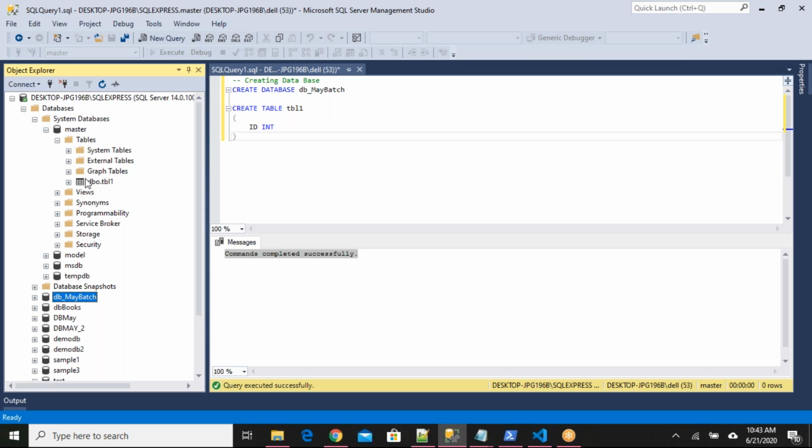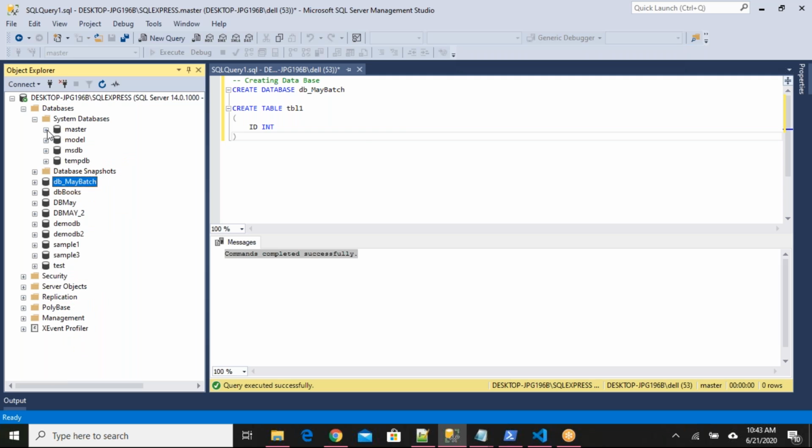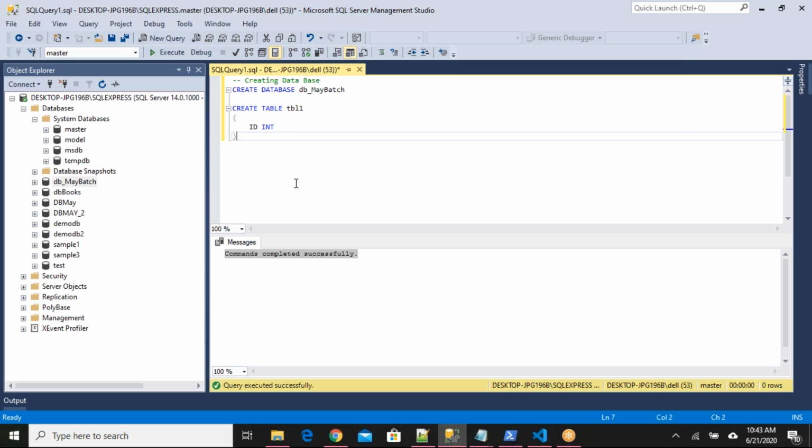Why the table has been created inside the master database, that we need to understand. In the editor window, if you see the left-hand side at the top, what is selected? Master is selected. That means we are in the context of the master database. It's a drop-down list.